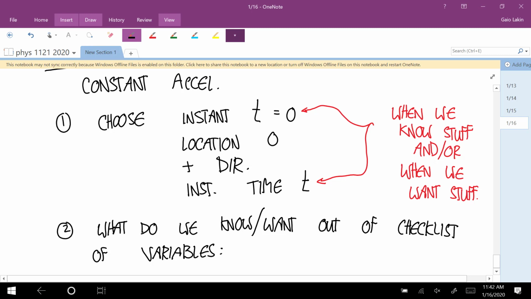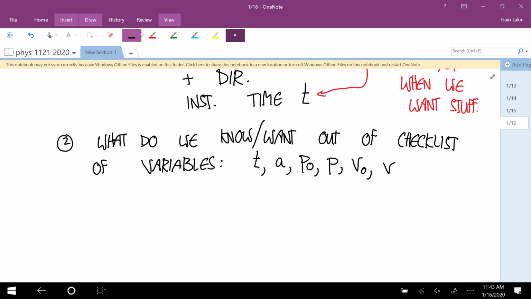And that is T, A, P0, P, V0, and V. Okay, those are all the variables that appear in those 3 constant acceleration equations. So we know that,